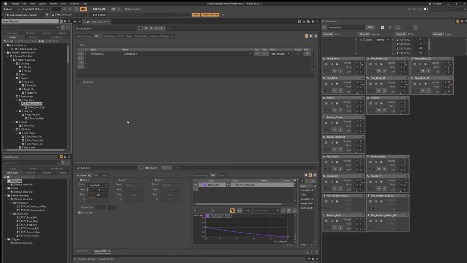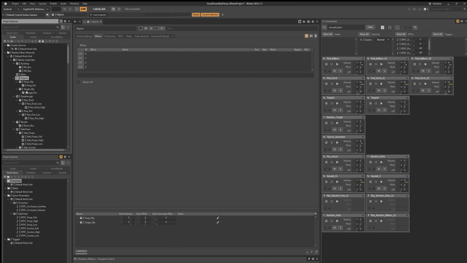Hello, in this video I'll be describing the automated bus structure that I have implemented within my game Good Clown Bad Clown. To begin with, I would like to highlight the bus structure itself, located on the left hand side in the Project Explorer. Within the master mixer hierarchy, you can see that I have different bus structures for objects,